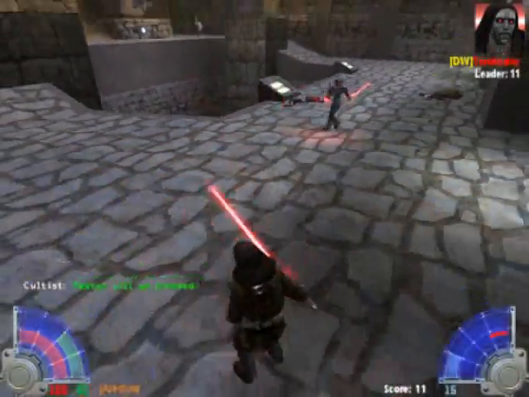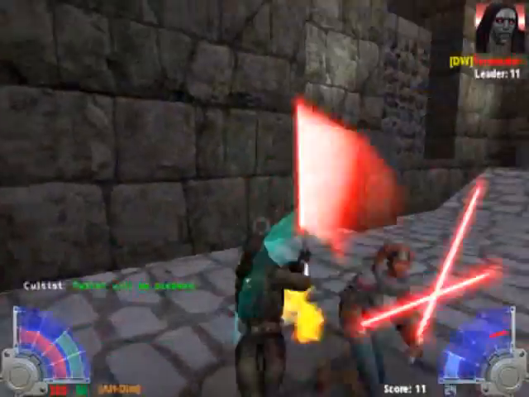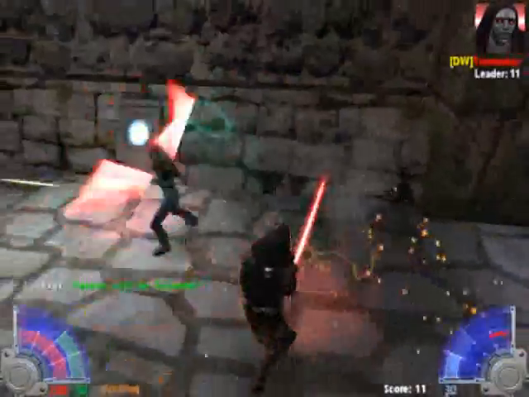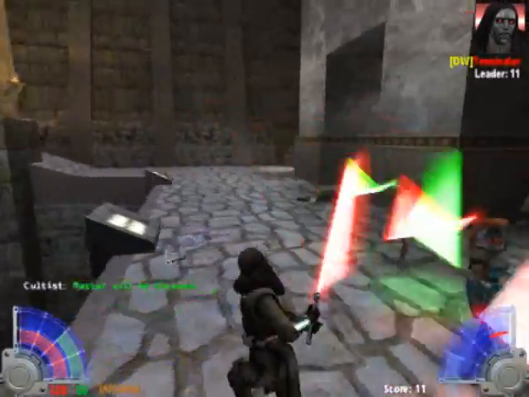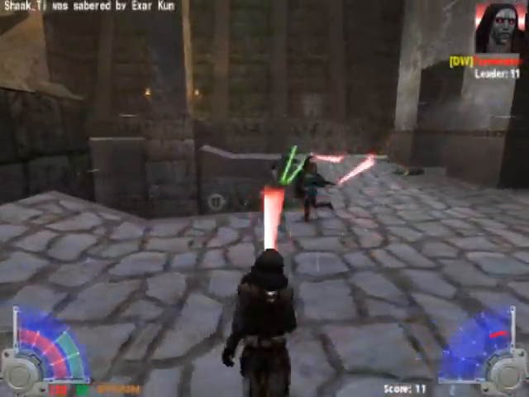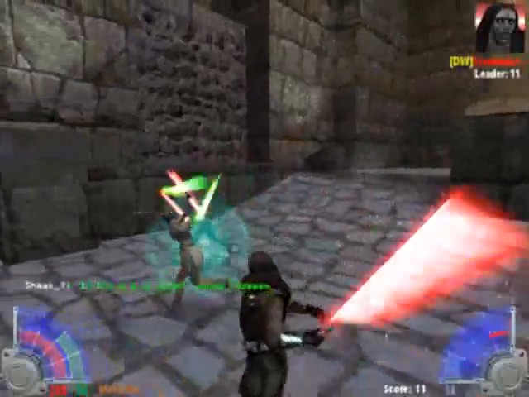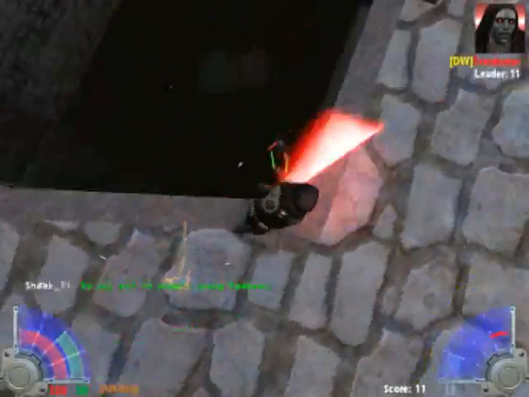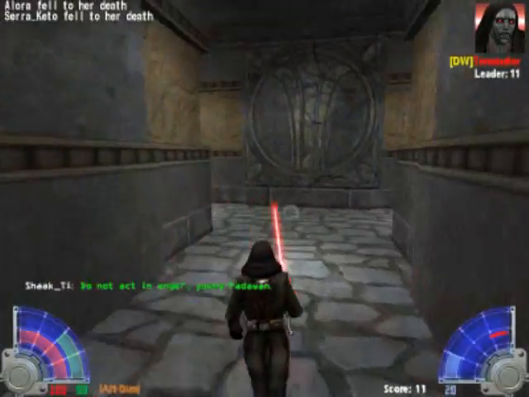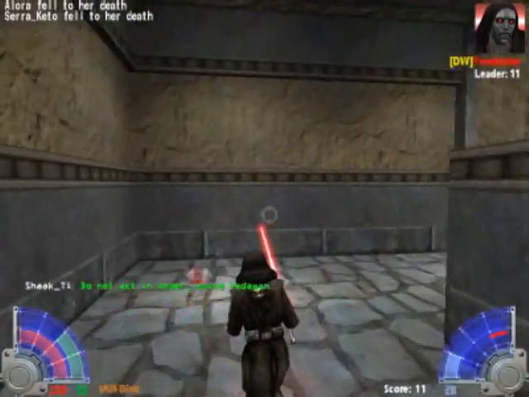All the features are still there. You still get to play against bots if you want. The AI is a little bit weaker, though, so keep that in mind. The balancing is a lot different in this one. Lightsabers are much easier to kill with now, so they did put a lot more emphasis on that. And it is fairly easy to break the lightsabers if you know what you're doing. But for the most part,